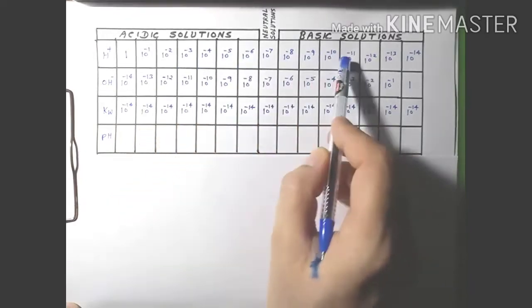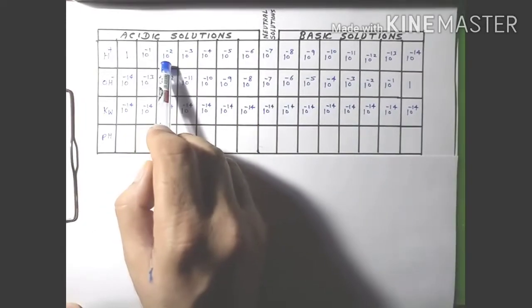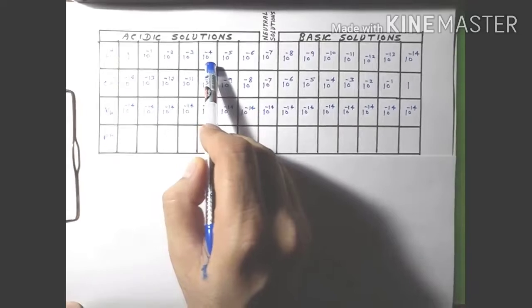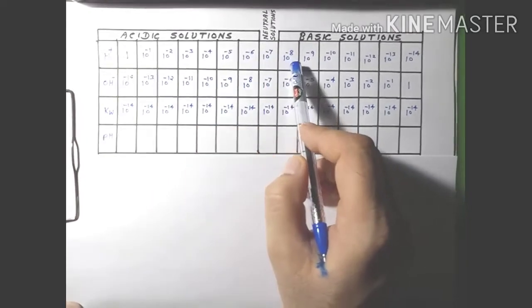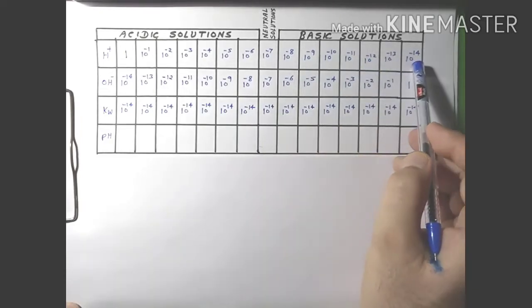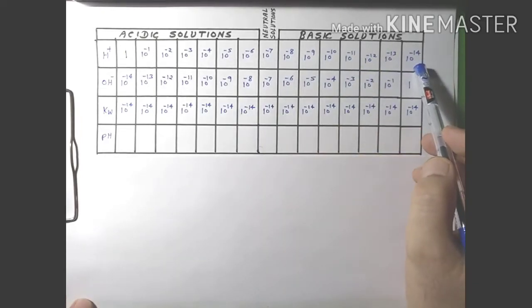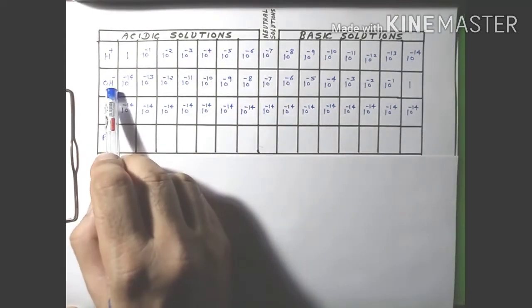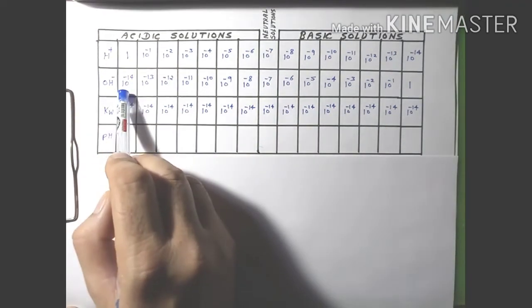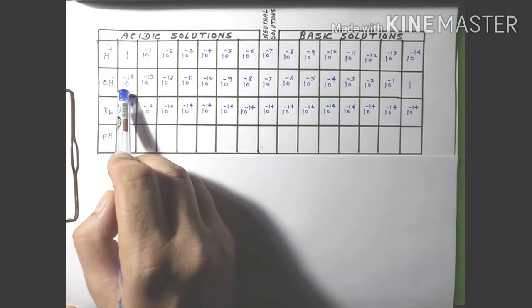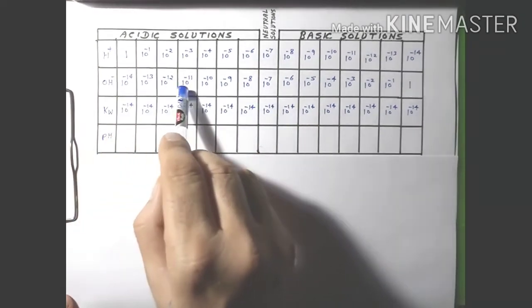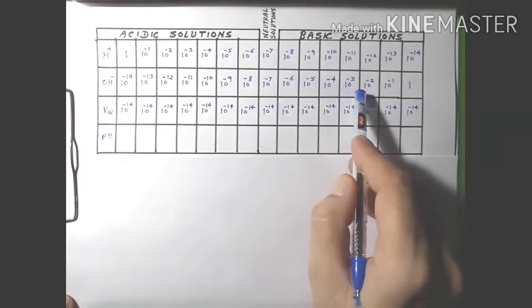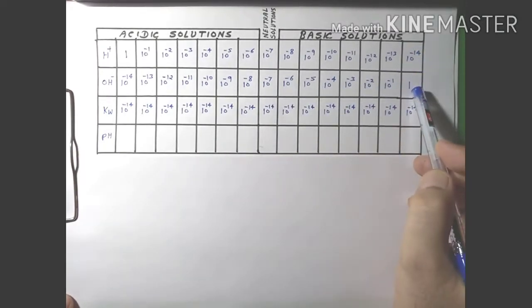So in the same way, when we move from this side to this side, the concentration of H plus ion continuously goes on decreasing: 10 to the power minus 1, 10 to the power minus 2, 10 to the power minus 3, 10 to the power minus 4, 10 to the power minus 5, 10 to the power minus 6, 10 to the power minus 7, 10 to the power minus 8, and continuously to the least concentration of H plus ion, that is 10 to the power minus 14. Now what happens about the OH minus ion? We start from the lowest concentration of OH, that is 10 to the power minus 14, and when we move to the right side, the concentration of OH minus ion will increase, and finally it reaches 1 mole per liter.